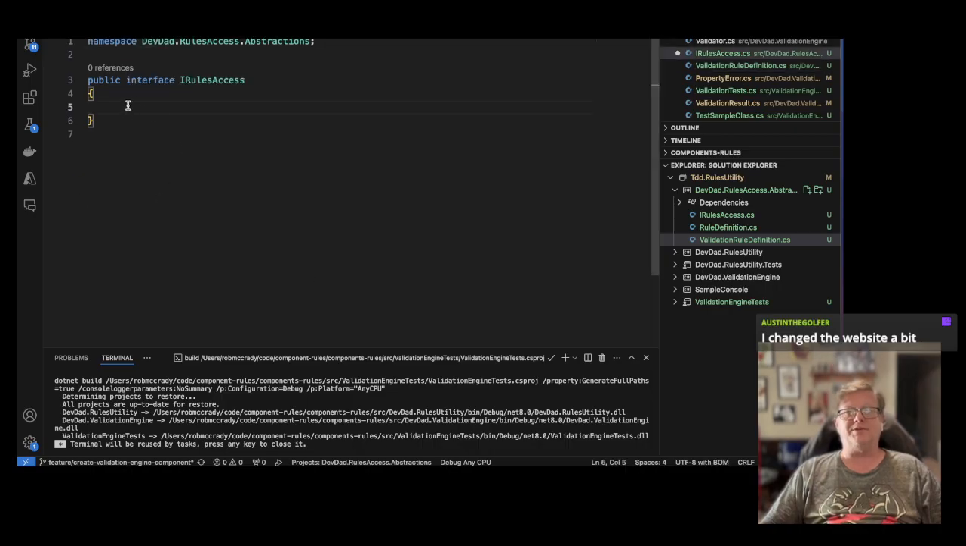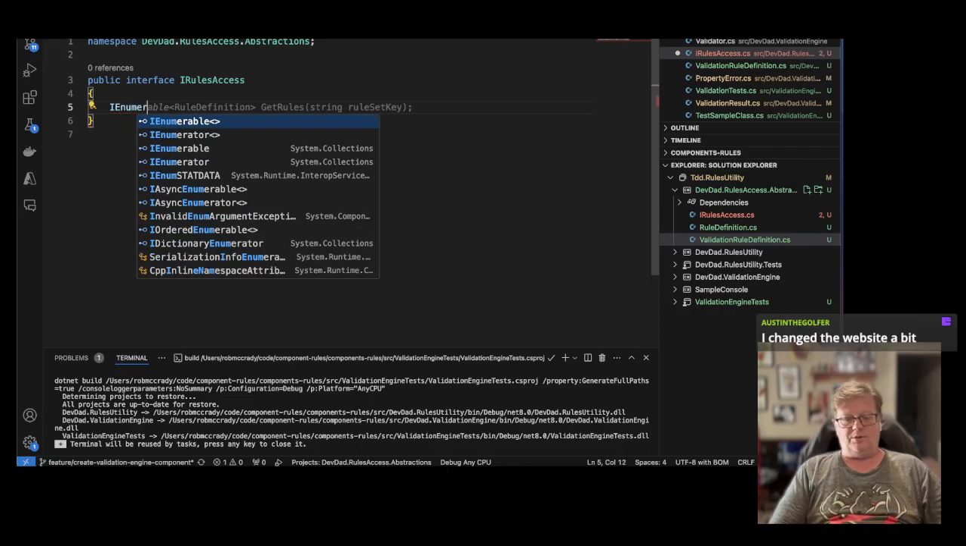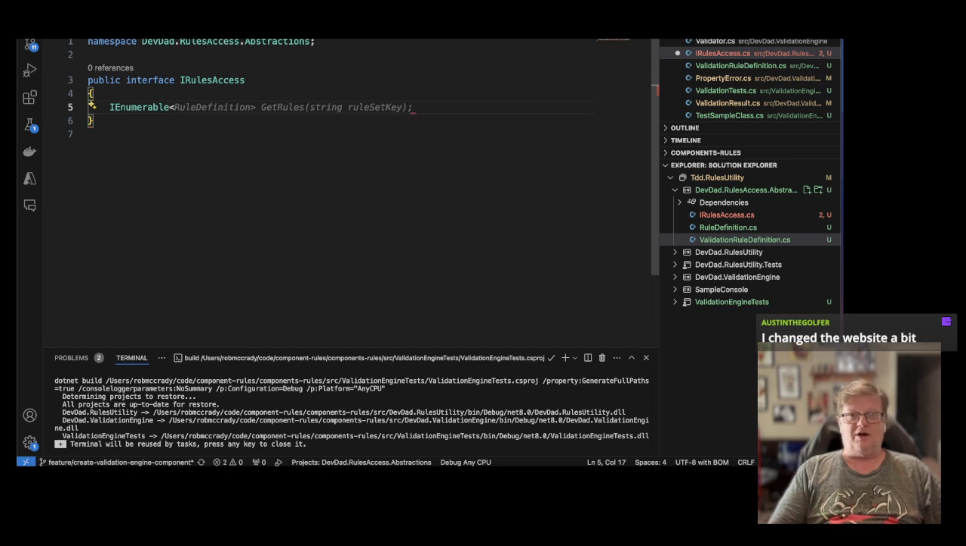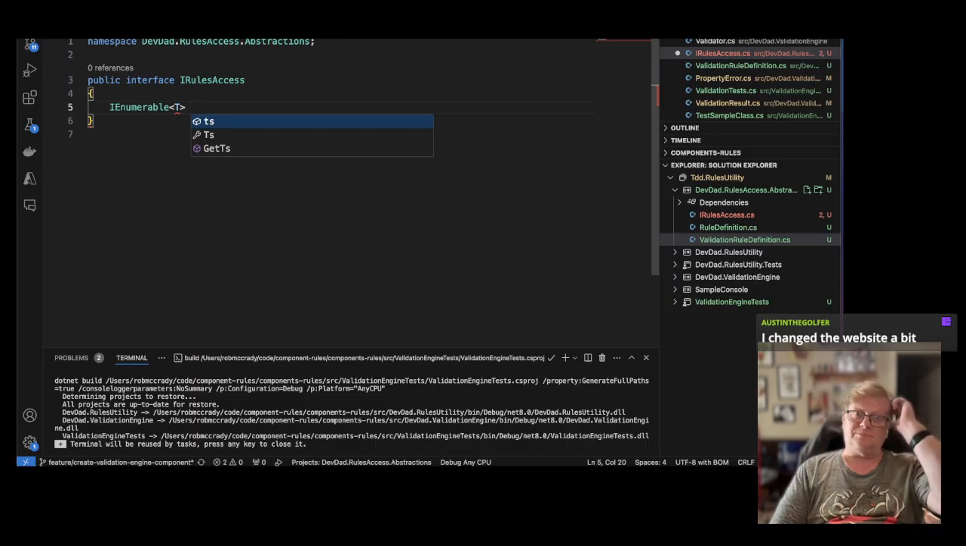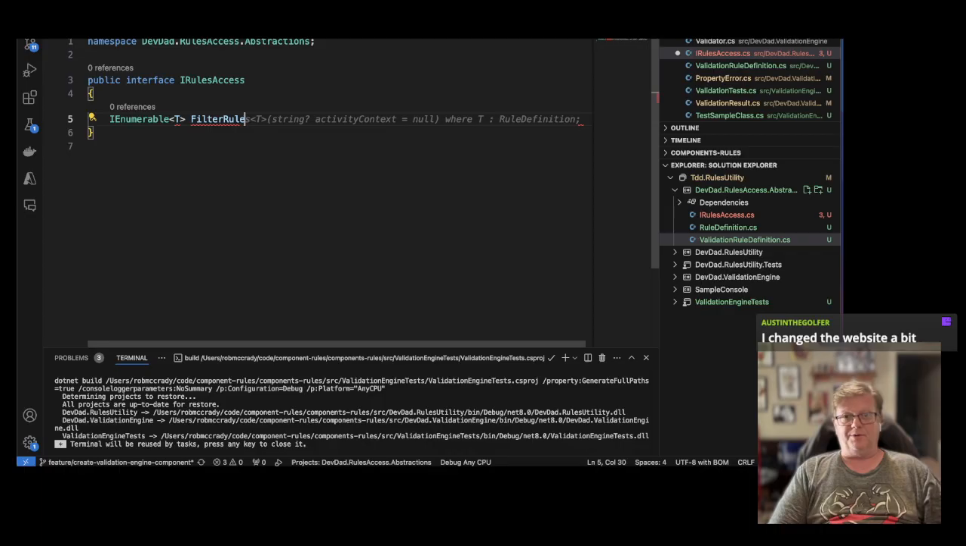Now, RulesAccess is going to say we're going to have an enumerable of T, filter rules of T, and